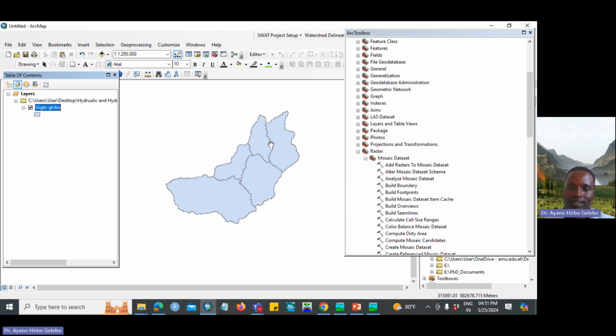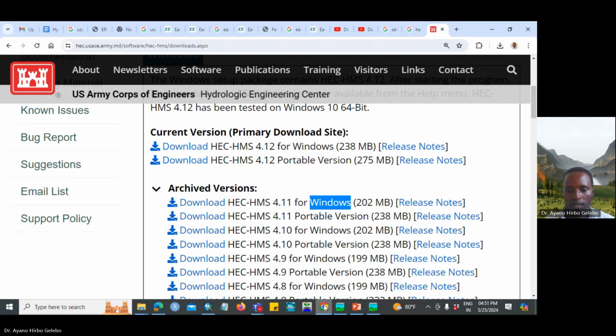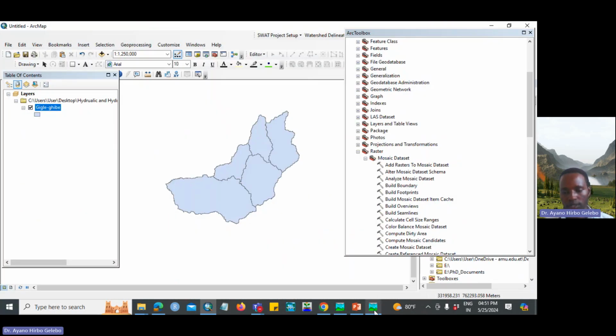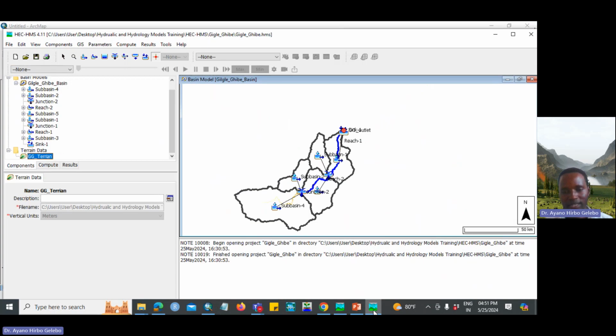We can create a good shapefile for existing basins. Thank you. This is good information. So this HEC-HMS has multiple uses. So now I have this. So my next project will be